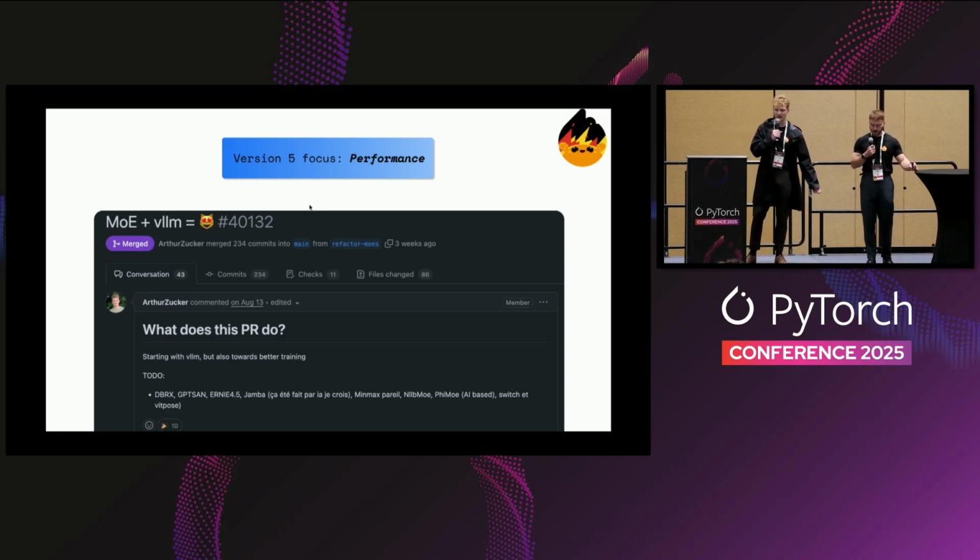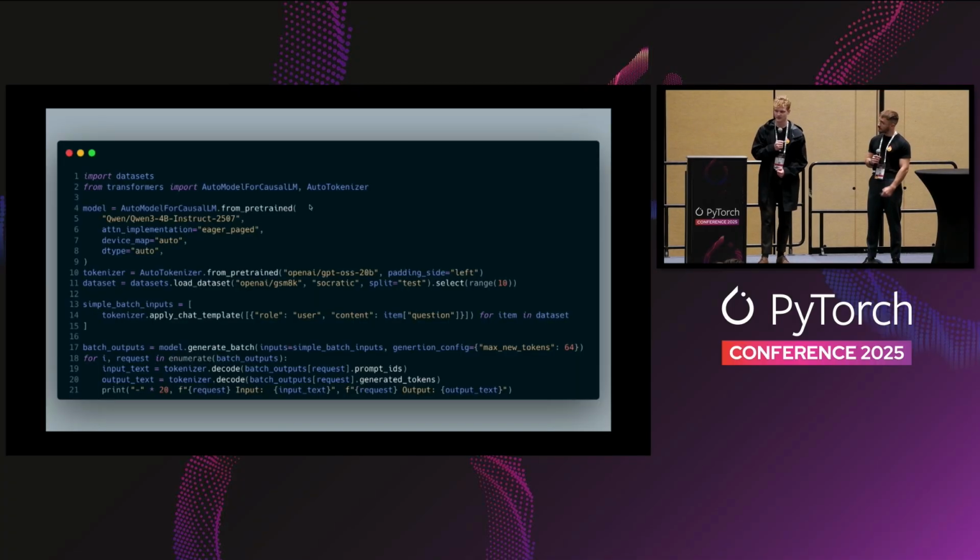For those of you who think I love MoEs, you should know better. I hate MoEs, but the community has been very critical of the Transformers implementation of MoEs, and so we just don't have a choice. What the community wants, we have to implement. So we have refactored all of the MoE implementations in Transformers to make sure that they can support exactly these efficient kernels. And finally, we also wanted to make sure, working with the vLLM team, that the MoEs in Transformers are usable through the Transformers backend and usable in vLLM as well.